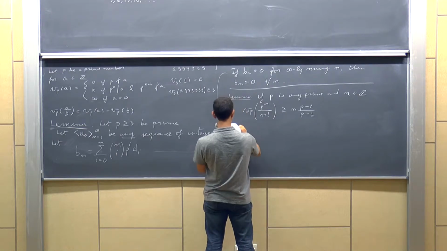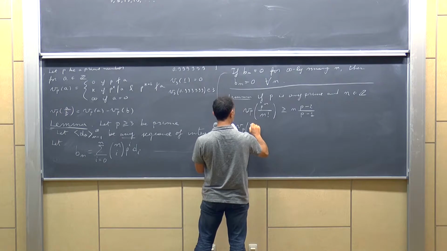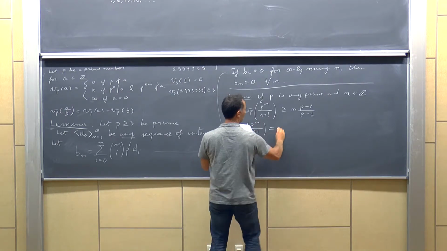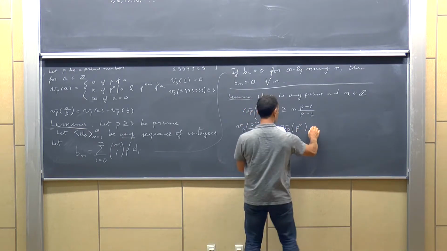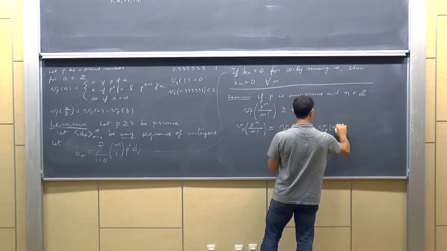And the proof is straightforward. The p-adic valuation of p to the n over n factorial is the p-adic valuation of p to the n minus the p-adic valuation of n factorial,